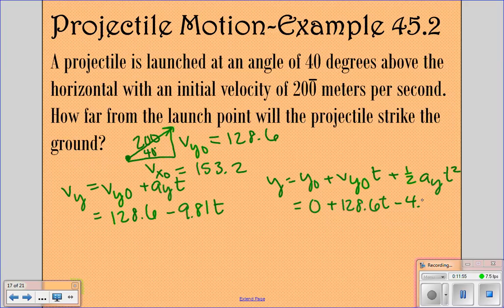I just completely lost what that number was, 905. That's what it's going to be, 4.905 and then t squared. Okay, so those are the y parts. Now we want to do